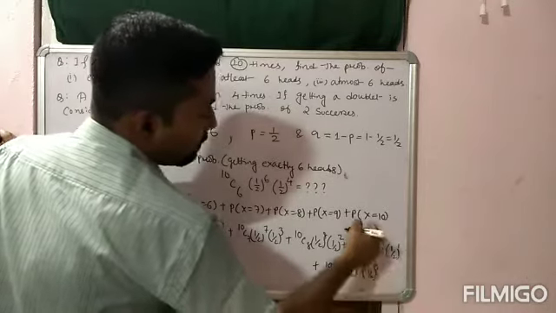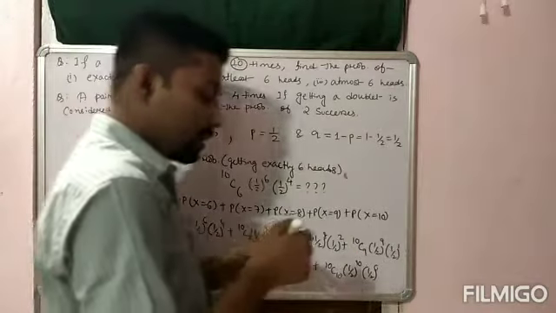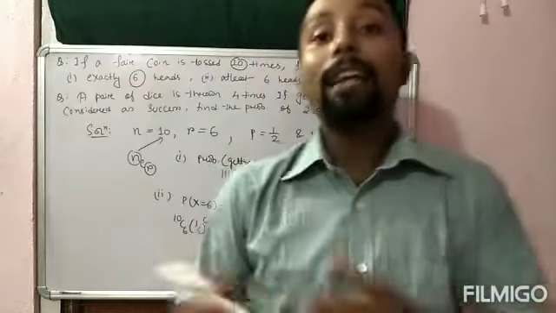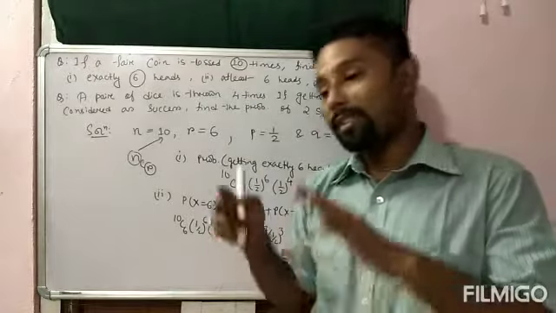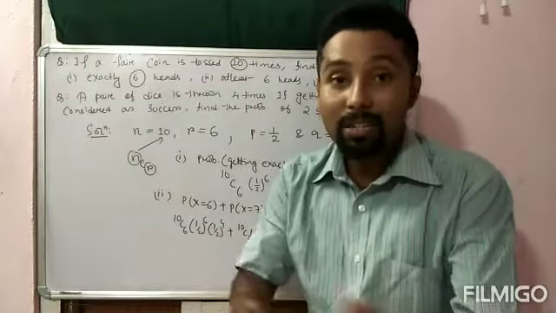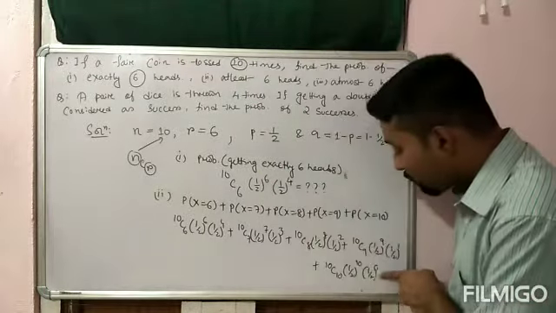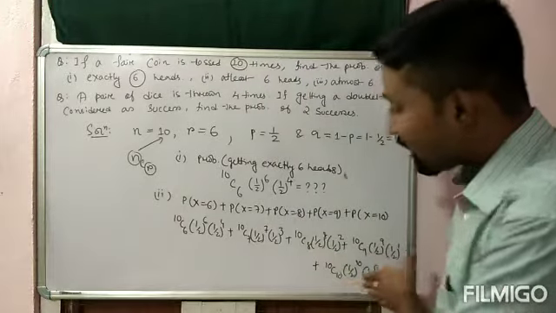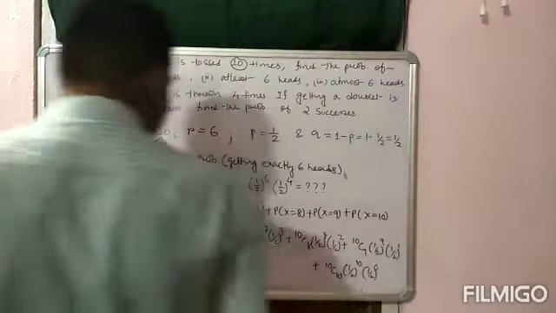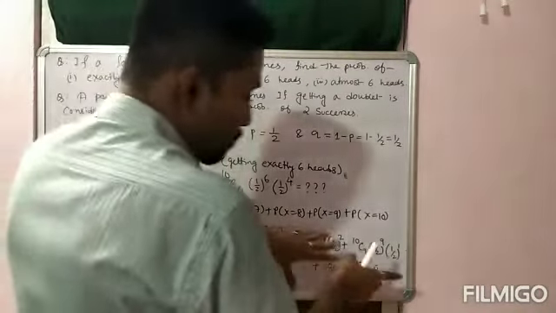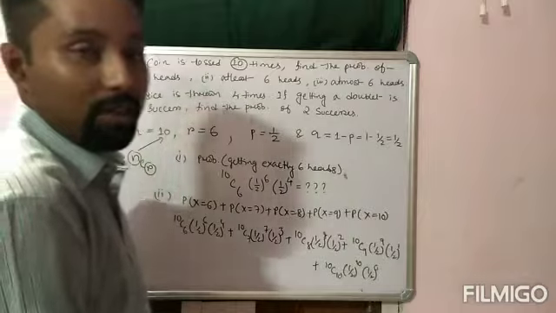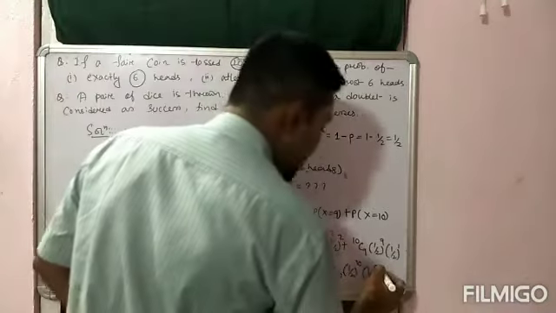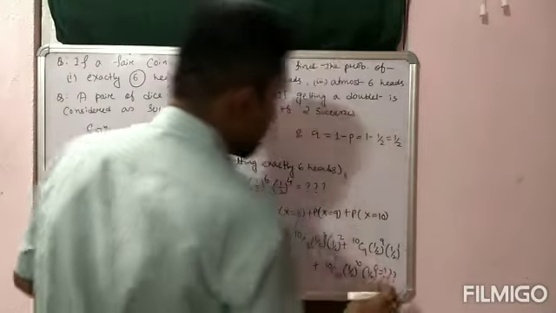Half to the power 10 means here all 10 are heads. So coin is tossed 10 times और 10 में से 10 ही heads है, तो there is no failure. So that's why half to the power 0. This part is the failure part. Okay. So ये थोड़ा सा लंबा calculation है, but it is very easy only. Take half to the power 10 ऐसा कुछ common लेके फिर solve करने से हो जाएगा. Okay. So calculation part it is up to you only. You just calculate it, हो जाएगा.